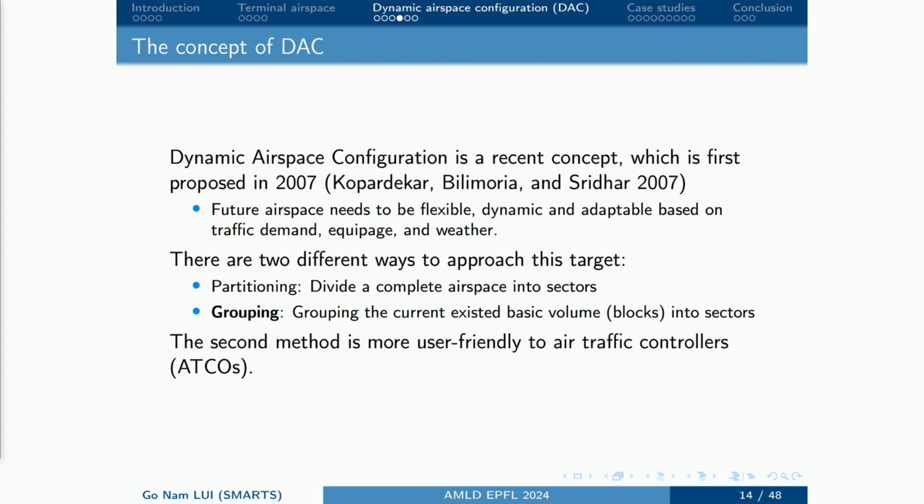So basically, we already have some basic volumes, or what we call building blocks, that ATCOs, air traffic controllers, are very familiar with. So we try to group these very small basic volumes together into sectors, so as to fit the traffic demand distribution. Intuitively, the second method is more user-friendly because ATCOs are already familiar with those building blocks